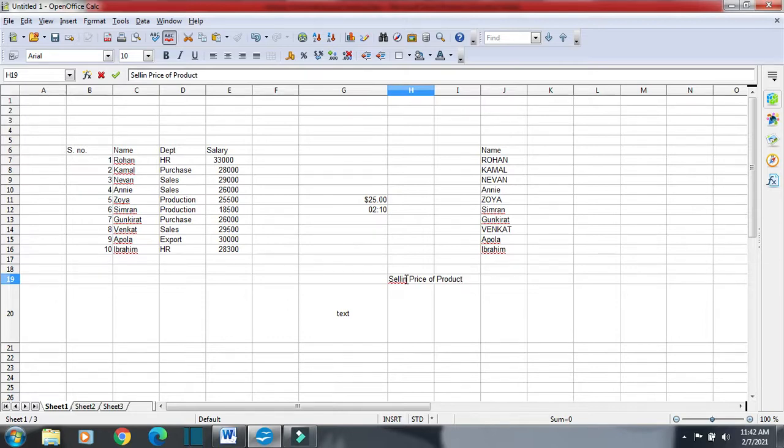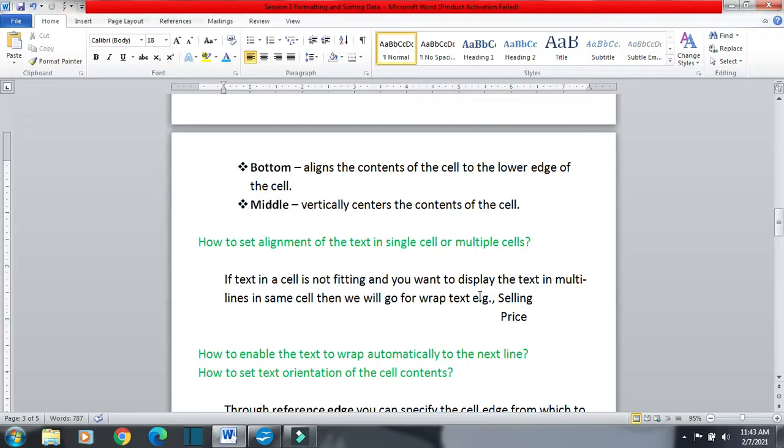You can see the space is not available and it has gone out of the cell, but what I want is that it should move to the next line in the cell when the space is not enough. Suppose we want to write selling in the first line and price in the second line, so we will go for wrap text. Text will wrap automatically in the cell.